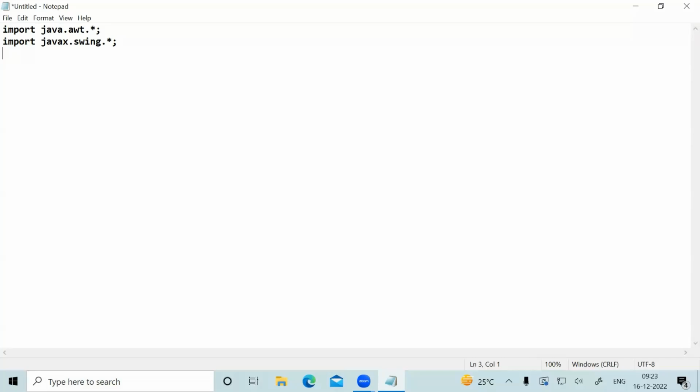Okay, fine. So the class is public class BorderLayoutDemo extends JFrame. In here I'll be having public static void main, String array args. So in here I'll be calling the constructor of this particular class, which is BLDemo. And inside the constructor,